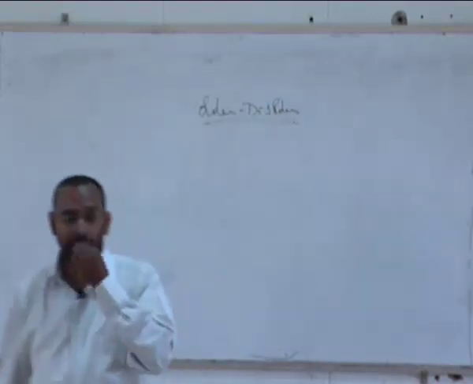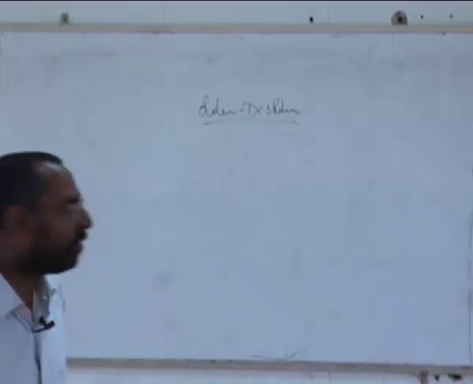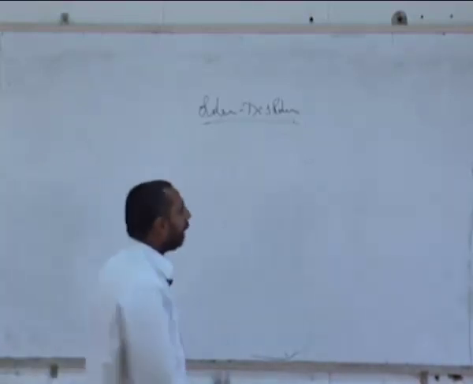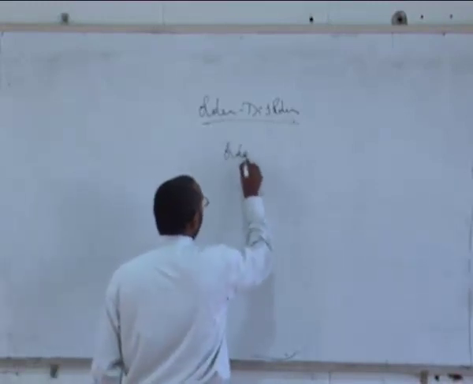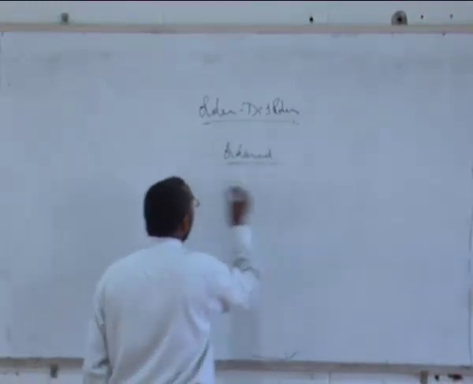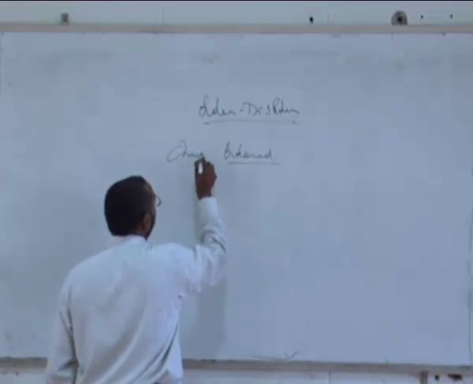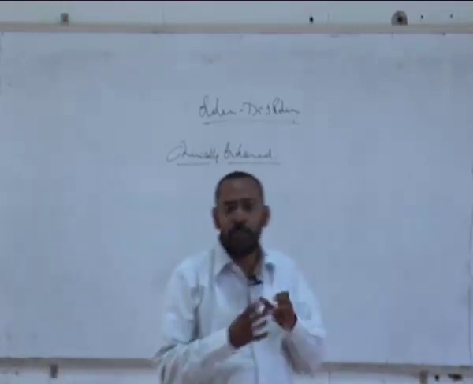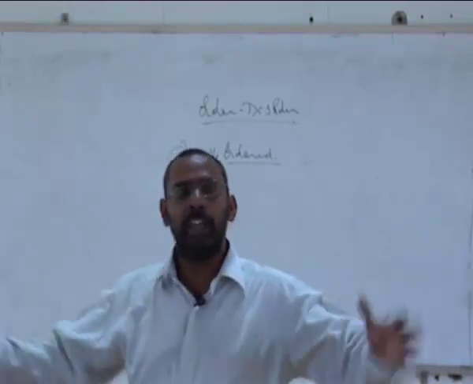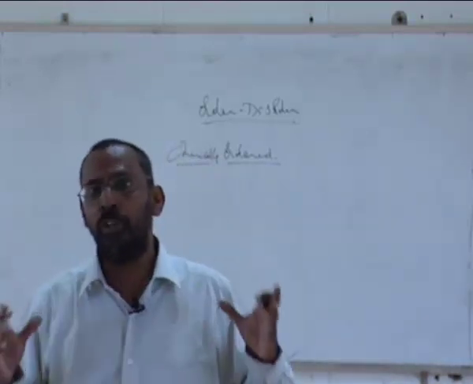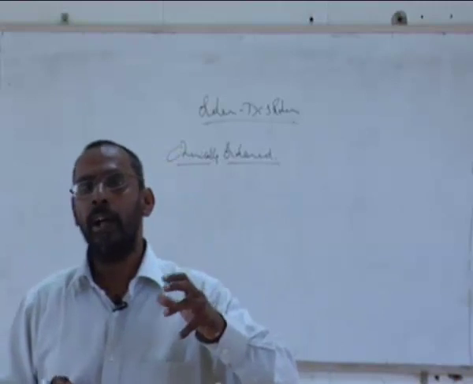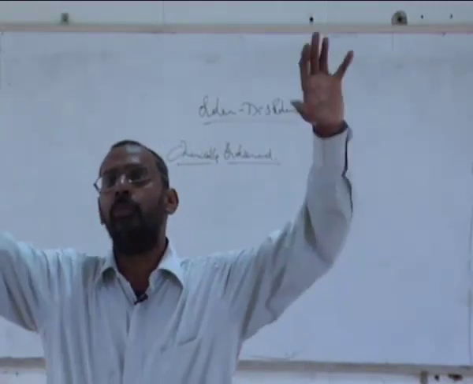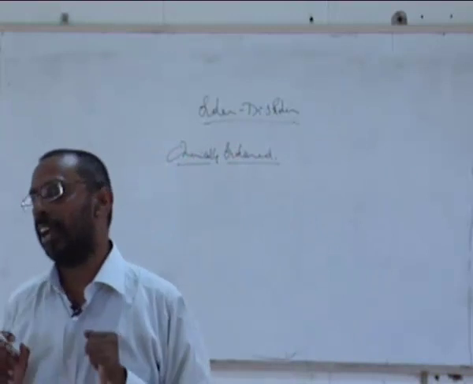In the order-disorder case, I mentioned sometime back when we were talking of X-ray, that whenever you take an ordered structure, when I say ordered, I am talking about chemically ordered only, not structurally ordered. I am assuming they are already structurally ordered, that means they have a unit cell. Now inside this unit cell, I have more than one atom, and these atoms are taking specific positions inside the lattice.